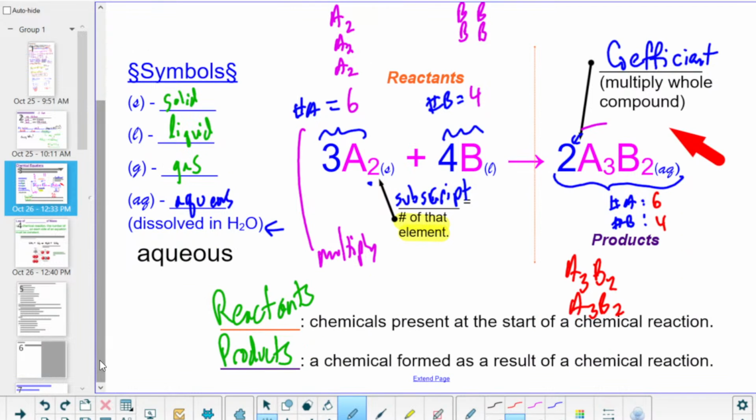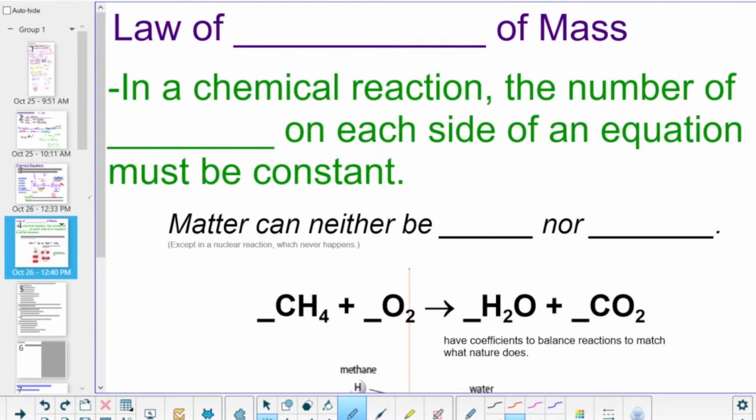Anybody still getting things down on this page? Okay. The law of conservation of mass. In a chemical reaction, the number of